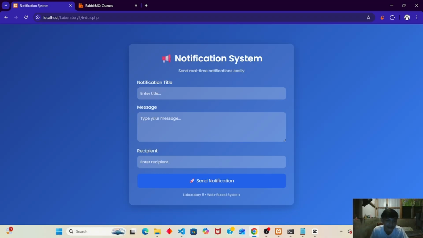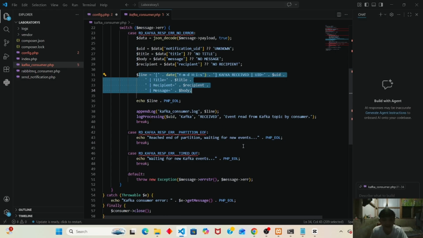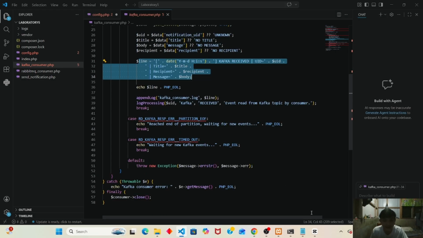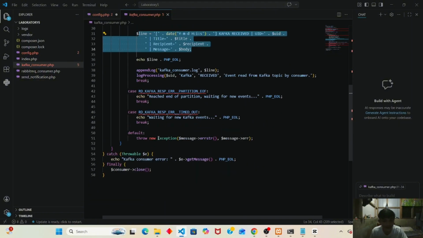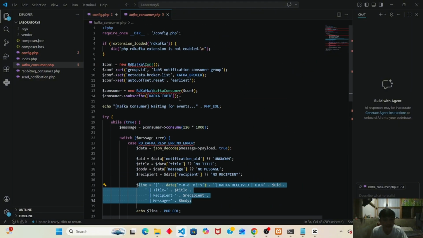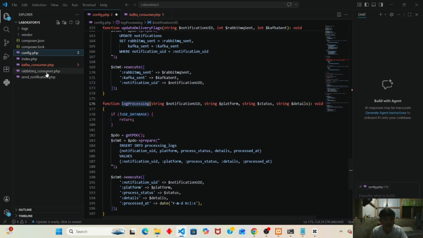Here, title, the recipient, the message, append log, consumer.log, what we used in the CMD earlier that I showed you. Okay. So this is just what's inside now. But the more important thing is the config. It really needs to be explained.